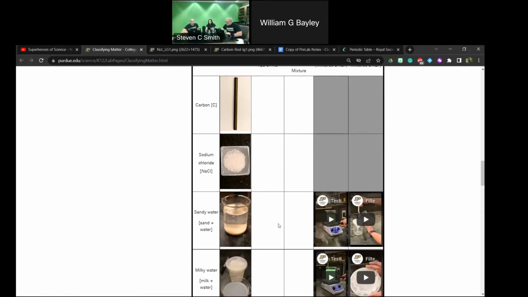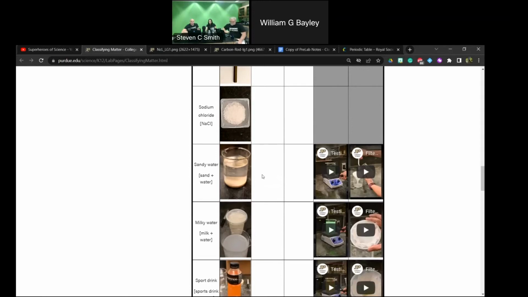If it's a mixture, okay, if it's not directly traced to the periodic table, then we're going to call it a mixture. And then from mixtures, our next category down is a solution, so a homogeneous solution, or a heterogeneous colloid, or heterogeneous suspension. Is that on the worksheet? Yeah, that's on the worksheet, right?